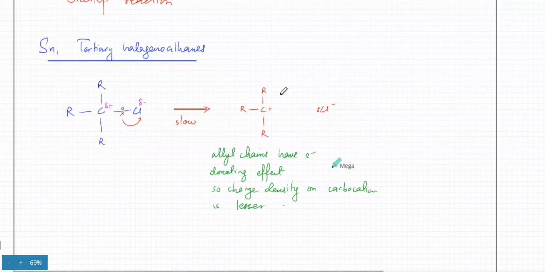Acha, so what that allows for is that the Cl minus one would be able to break away. Because if this positive charge was really large, it would have been very difficult for the Cl minus one to break away, and it would remain connected. Because the positive charge, if the Cl breaks away, is very small. It gets smaller because of the electron donating effect of the neighboring carbon chains. That is the reason why the carbocation is a stable intermediate,